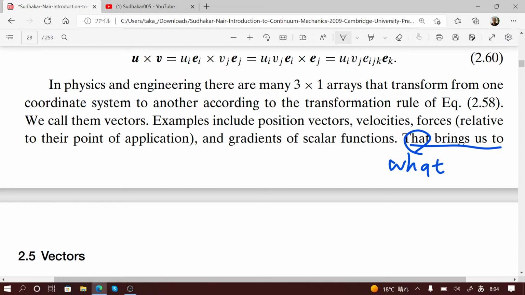Okay. I think this is more like this. Now we talk about